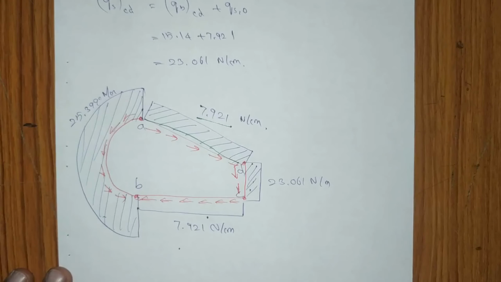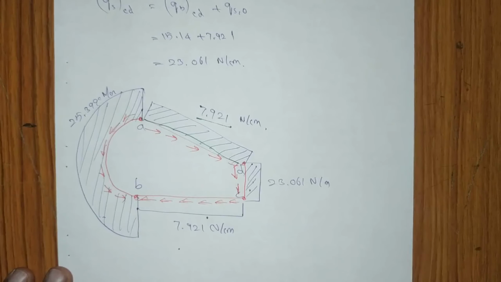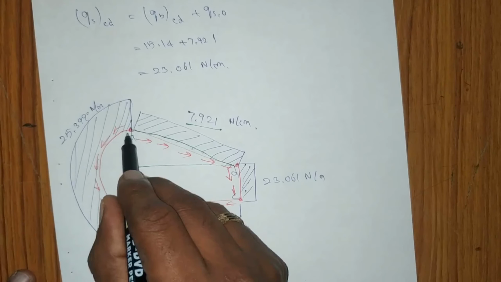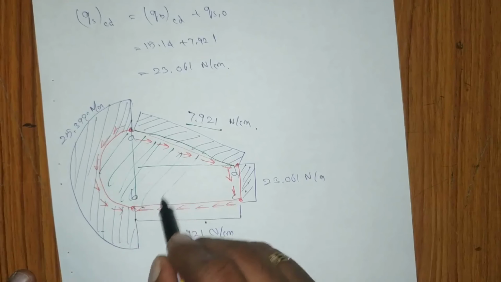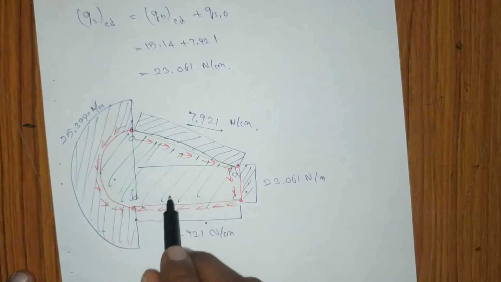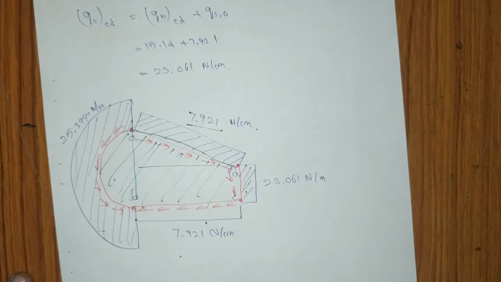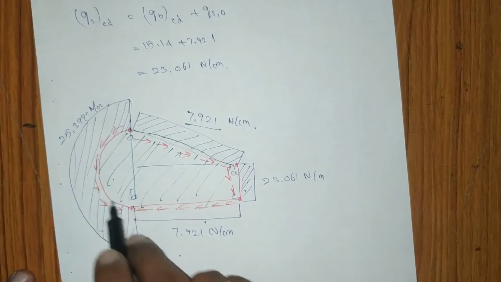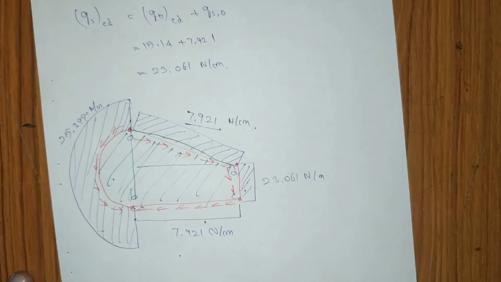That M you have to take about a point, and you get the moment of the actual value of the closed section. And the area, each time you have to find it by dividing the entire area. Here we have a half circle, triangle and rectangle. You have to calculate that area and put it in the minus M by 2A. That minus M by 2A numerical value you have to add for each of A to B, B to C, C to D, and these values will be rearranged and we get the shear flow of